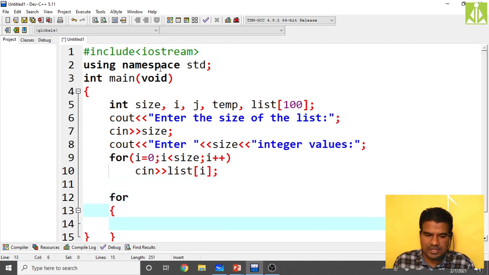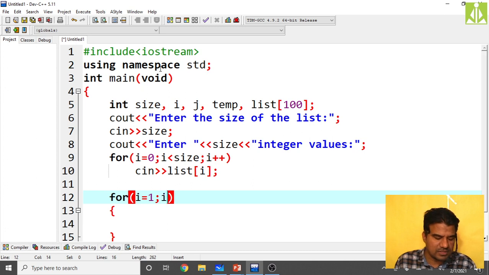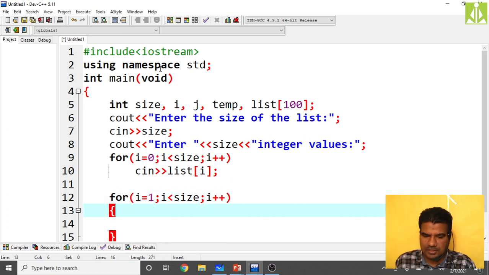So two loop combinations. Here just put I must be equals to 1. From 1 we are starting, because the first element we are by default considering as sorted. Then I must be less than size, up to size we have to do, and I plus plus. Okay, then take the second loop. We are taking the second loop,